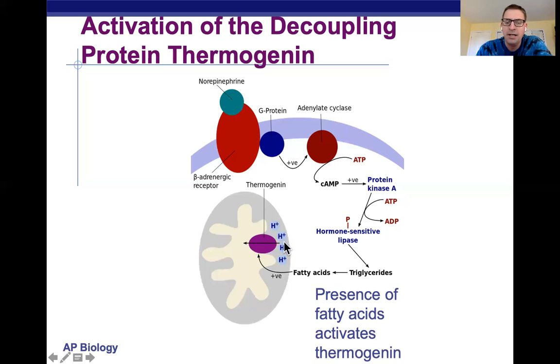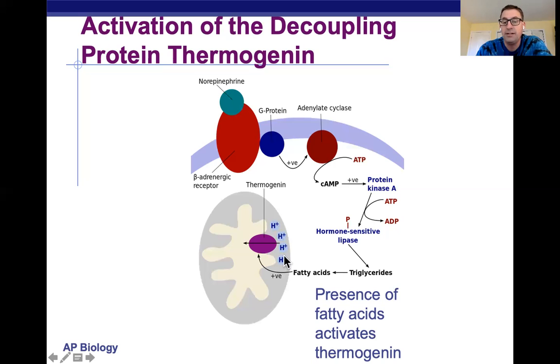So these protons pass through thermogenin instead of through the ATP synthase molecule. So no ATP is generated from their diffusion, and all the reactions of cellular respiration have just been used to generate heat instead of ATP. So this has uncoupled the electron transport chain from ATP synthase, because the electron transport chain was